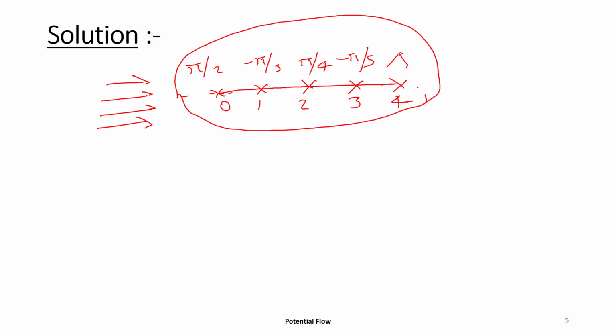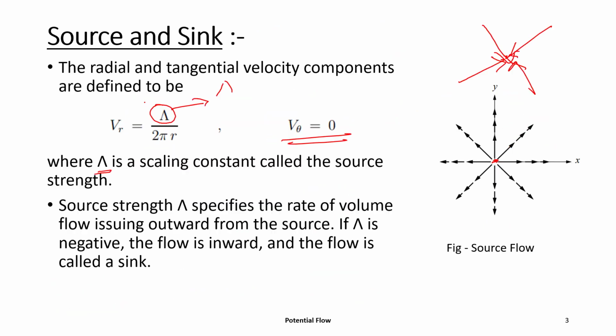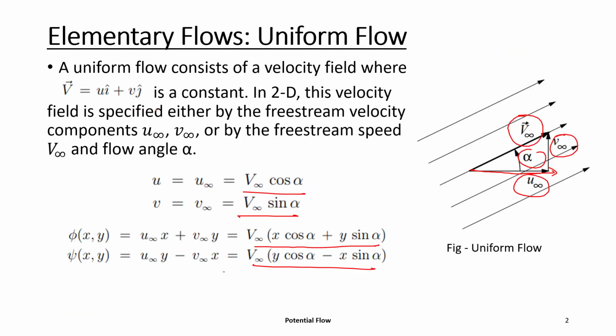So this is the closed streamline. So we first have to write what is the stream function. So the stream function will be a combination of all these, a superposition of the stream functions of all these elementary flows. So for uniform flow we have seen that it will be